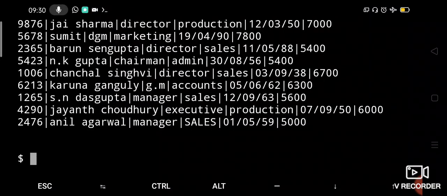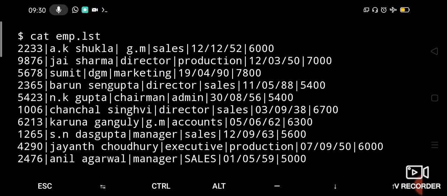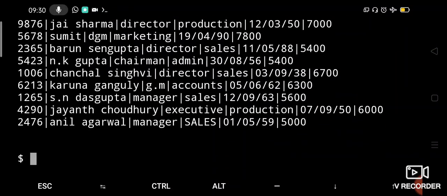I have used the pipe symbol itself as a separator, and I have stored all these contents in this file emp.list. Okay, so accordingly you also can create a file like this and store these contents. You know how to create a file, right? Either you can use the cat command, but for writing such a big content in a file, it is better to go for the vi editor. Open the vi editor and create a file, then store the details. Okay, so now based on this file we will work on the commands.